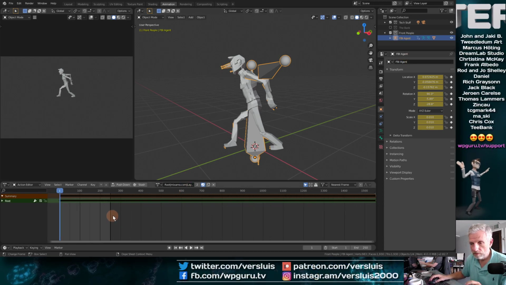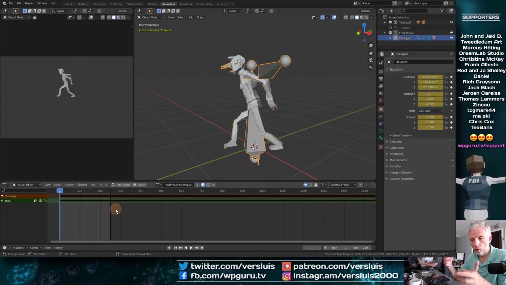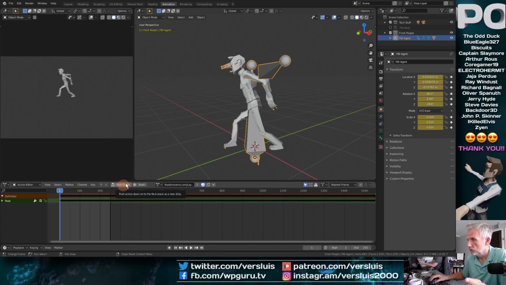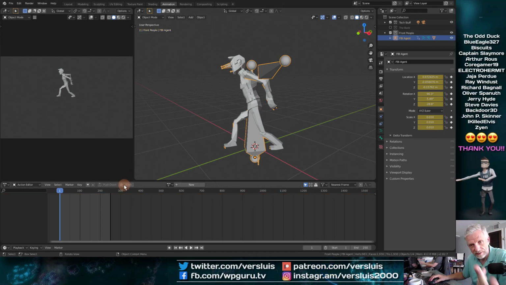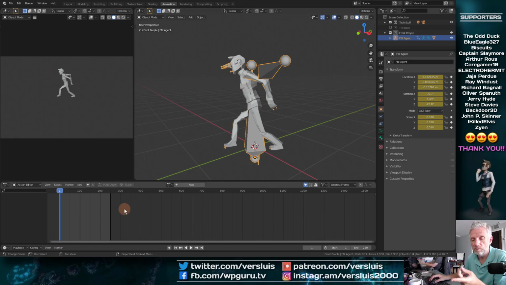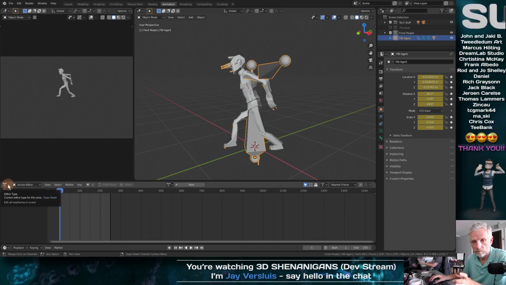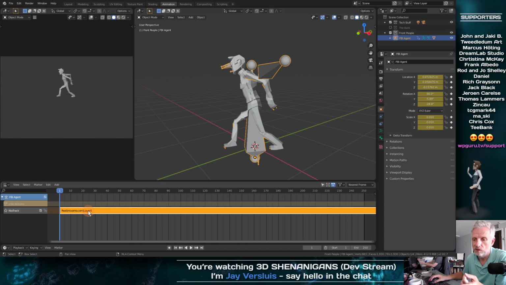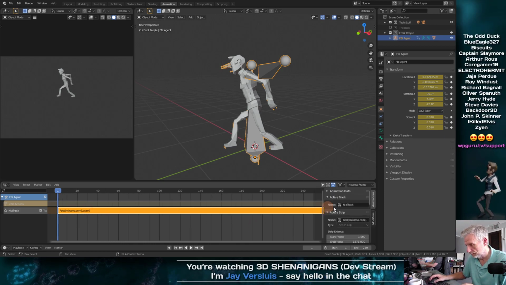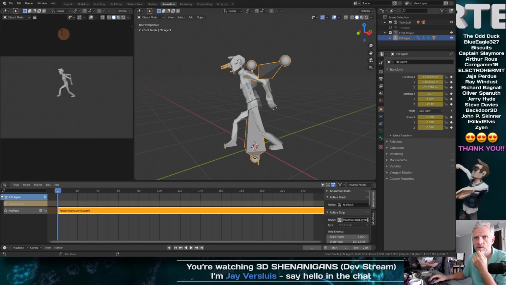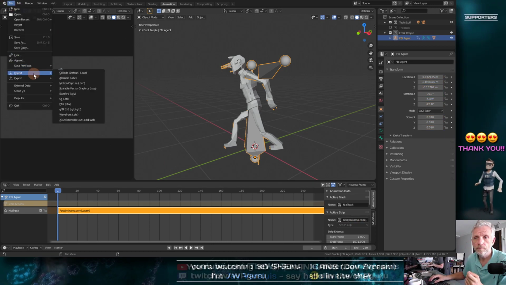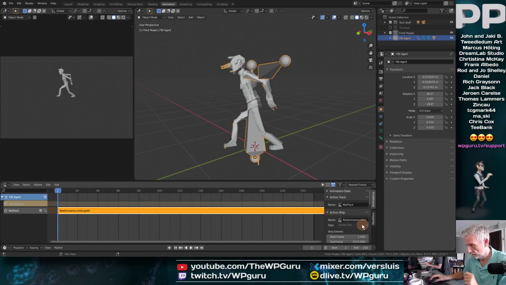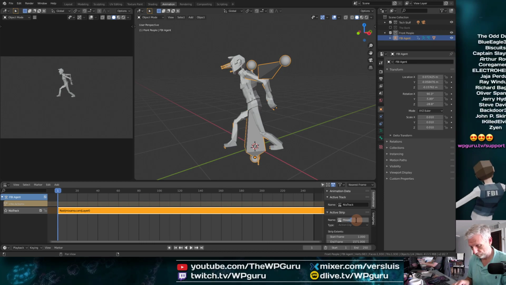I'll go and turn this into an actual animation on the NLA. So I could stash it again, or I can push it down, and that is what I'm going to do. Push it down. That creates an NLA track for this guy and puts that block on there right away, I think. Let's have a look in non-linear animation. Oh, look at that. I've forgotten to name that properly. This was house dancing. Okay, let's rename that to house dance.